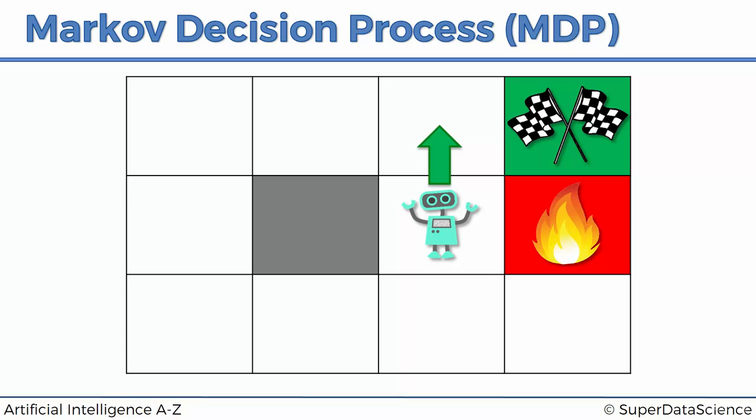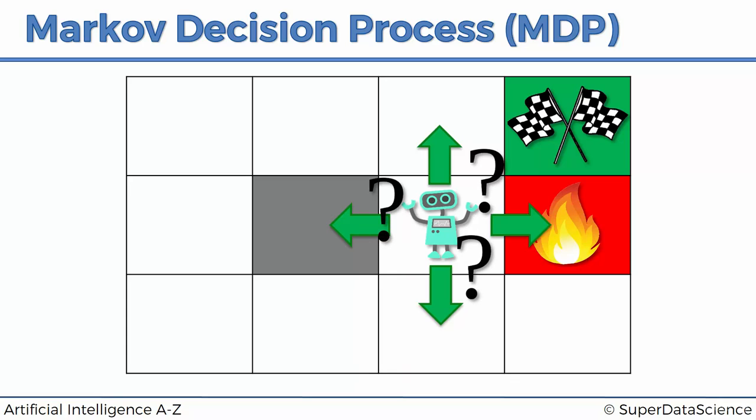So we've got an environment with some stochasticity, some randomness, and now the agent has to choose, for instance, should it go up, down, left, or right. It has to make that decision. It doesn't know what to do. And in order to make that decision, it's going to apply a framework. It's going to be using a Markov decision process